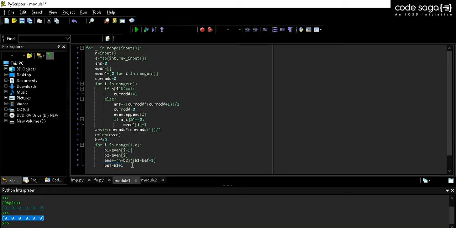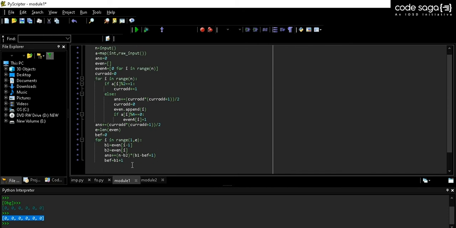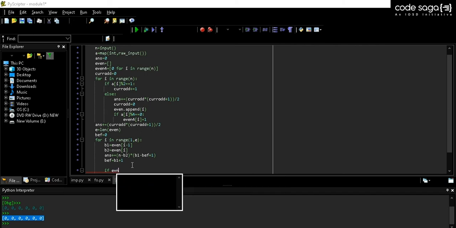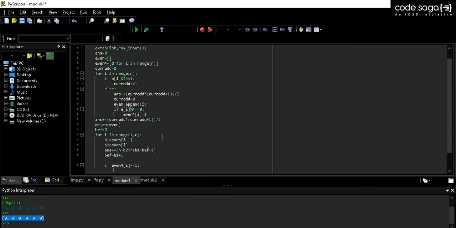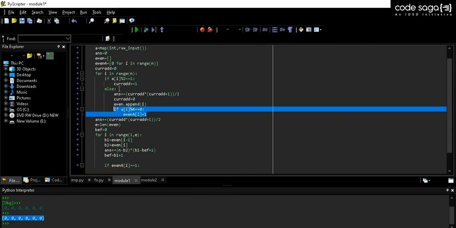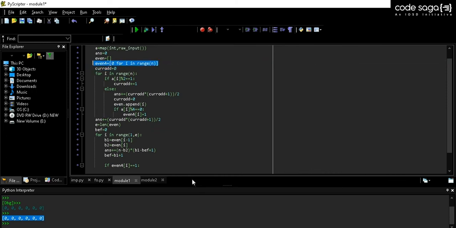Now that we have this done for the even numbers, we are not done yet, because an individual number can also have a factor of 4. So we'll check if even4[i] is equal to 1, that is, it has a factor of 4 in it, as we had done here. If it has a factor of 4 in it, we made even4[i] equal to 1. So if it is equal to 1,